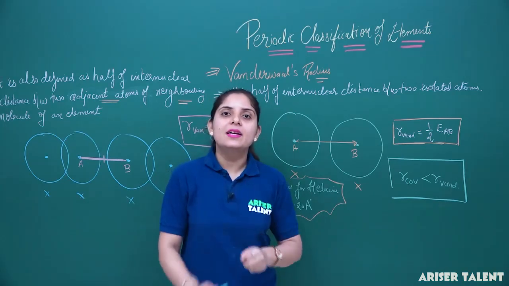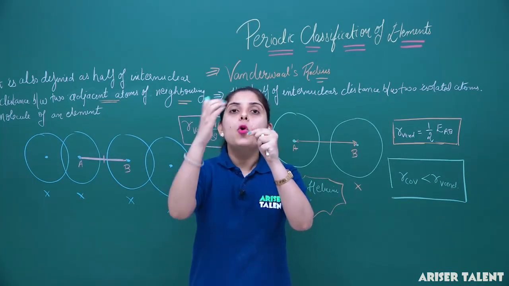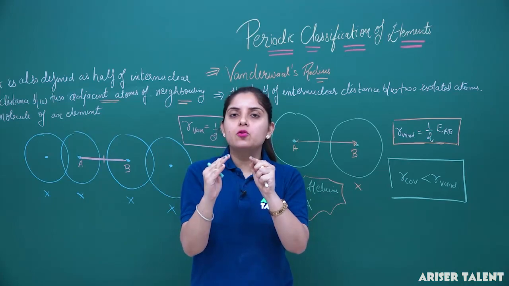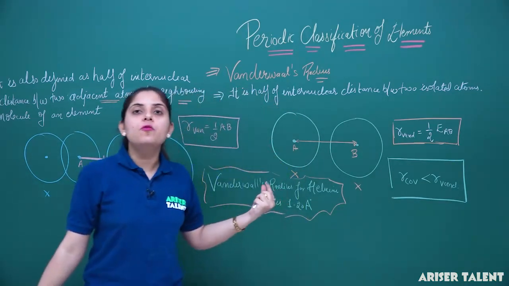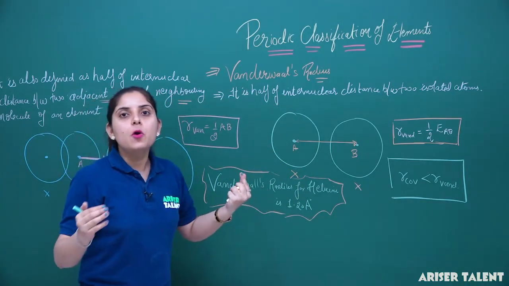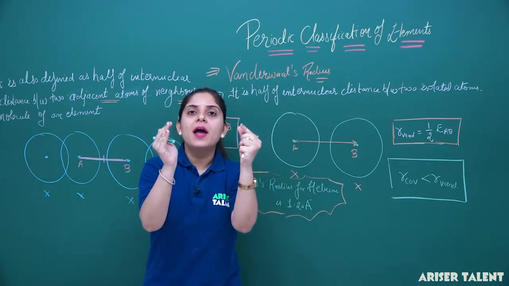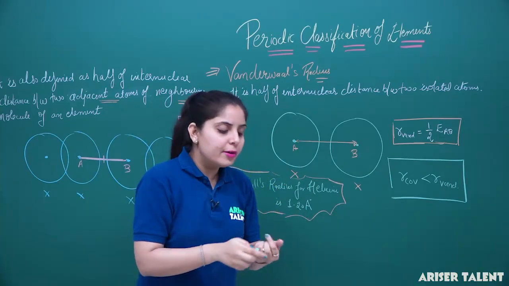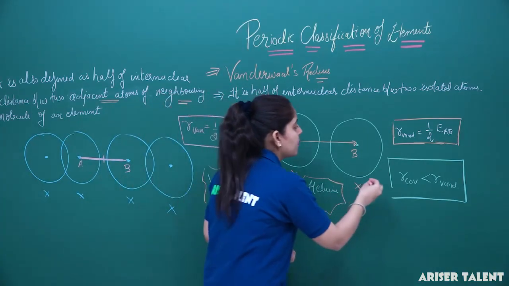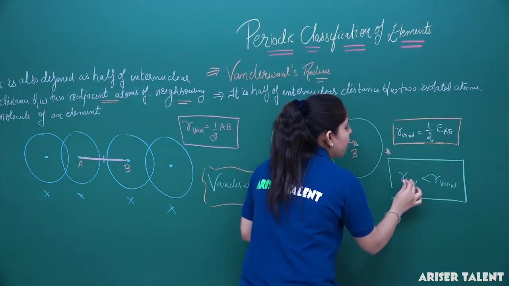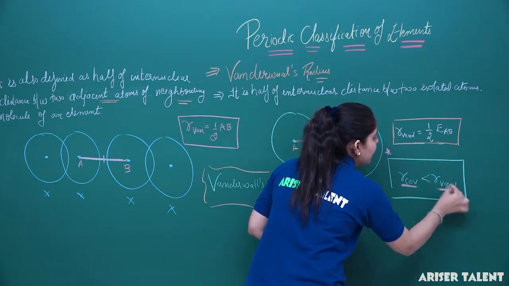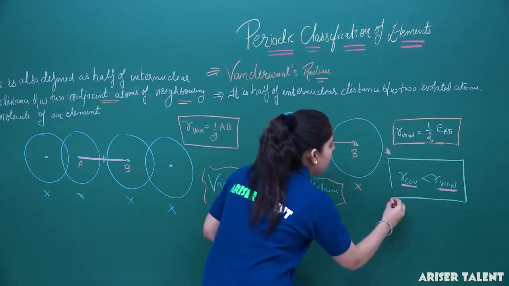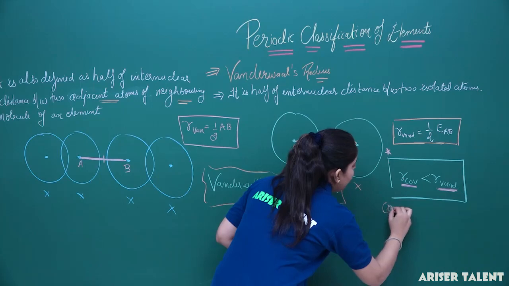Because the covalent radius is actually formed by the overlapping of the two bonded electrons. Because of the overlapping, the size of the atom will contract, or we can say that the size of the atom is going to be reduced. So this is the important one, that covalent radius will be less than the van der Waals radius. This is because the covalent bond